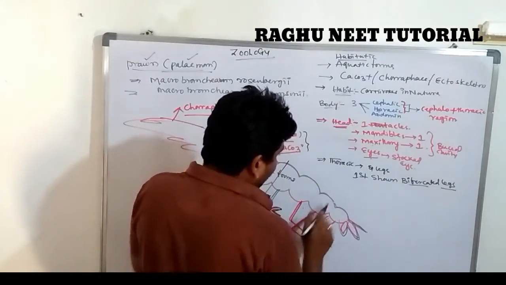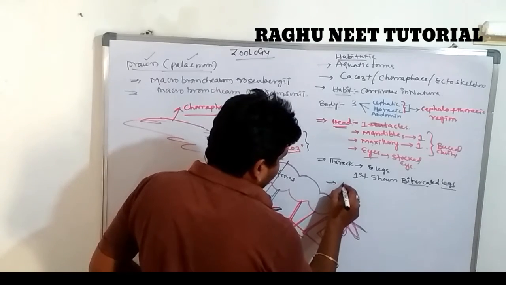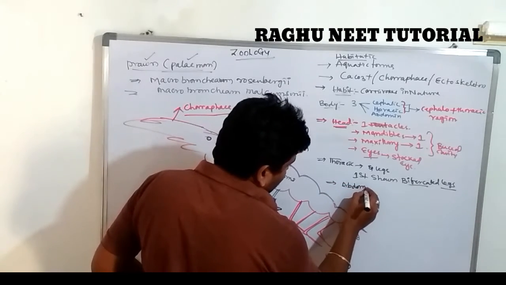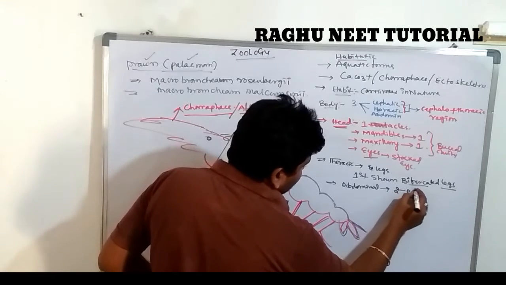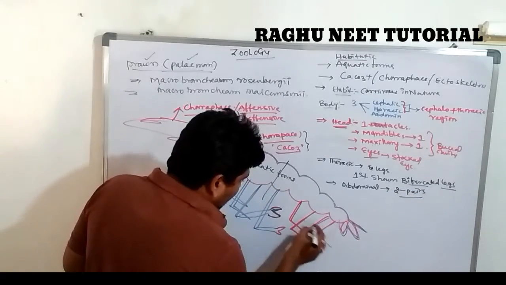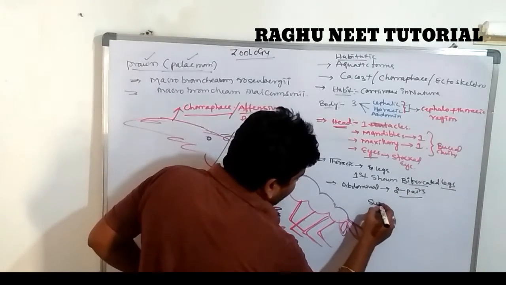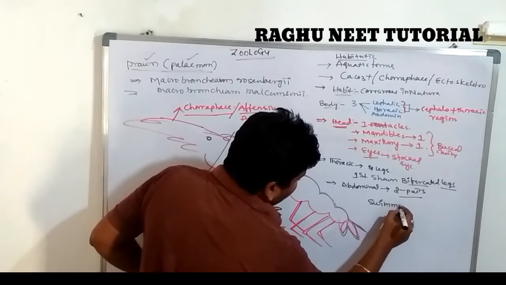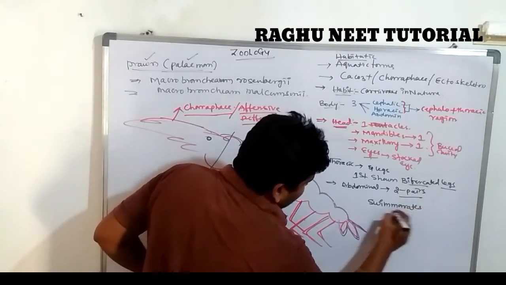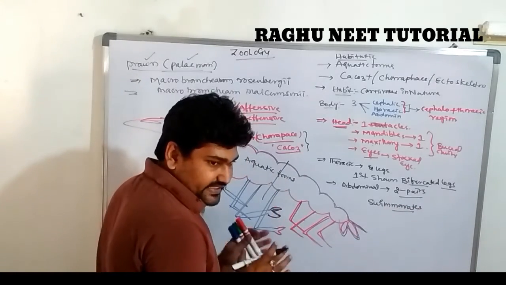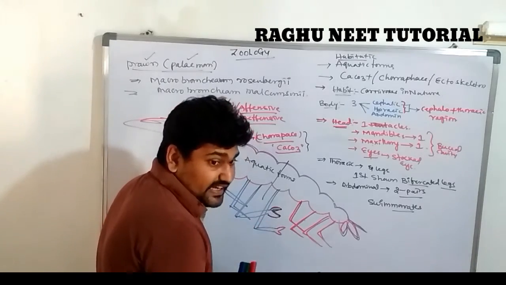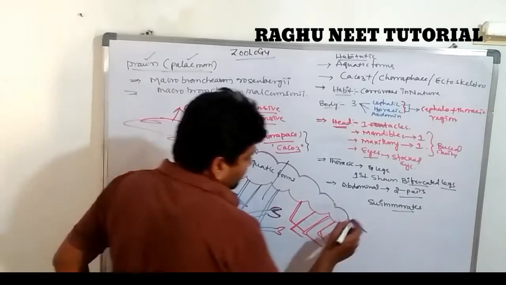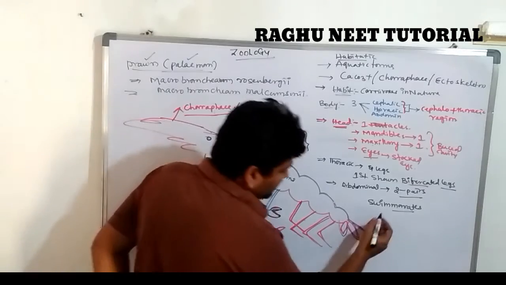The offensive defensive. Next one, the thoracic and abdominal region. The abdominal region contains 2 pairs of legs. These 2 pairs of legs are called swimmerets. Note down, swimmerets. I am only discussing the morphological characters. After completion, next we will discuss the internal structure of the crustacea. Only external characteristic features. The swimmerets.